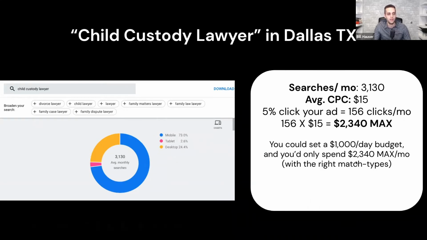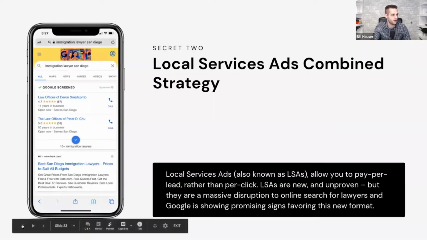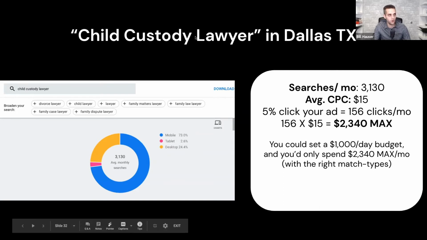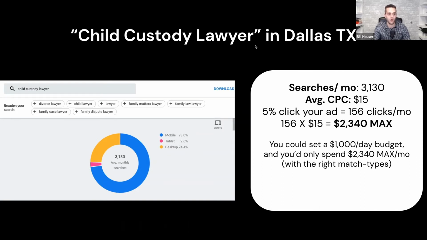Now, you could go into Google and set a $1 million a day budget and you can't spend more than $23.40, because this word isn't typed in that much. So this is why I always say you need to find your money-making niches and then set a really high budget to show Google that you're willing to go all in on this certain segment of demand, rather than dabbling and setting a low budget for a very popular keyword. You need to learn these lessons in your market over time.